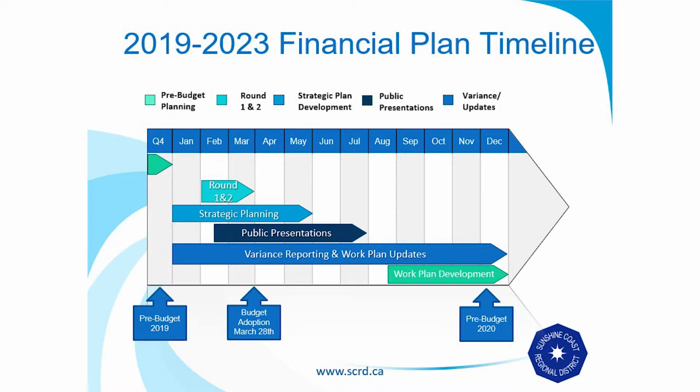The budget meetings are open. There are special committee meetings presenting information. There's sessions for community partners and stakeholders, a film presentation on Coast Cable, and sessions at our member municipalities. Our variance reports occur quarterly, and work plans are updated every second month. For the 2020 financial plan, we're going to be beginning that process in the summer of 2019.